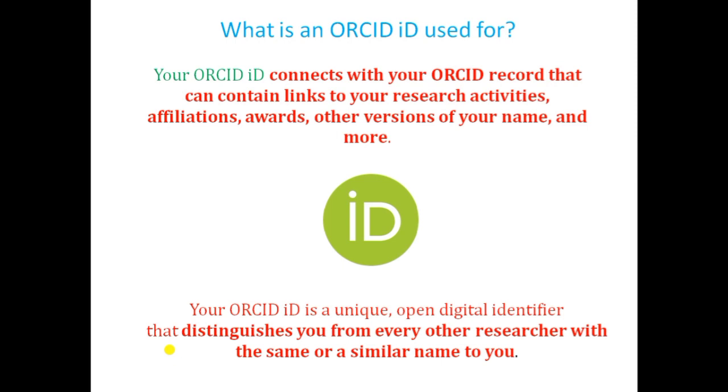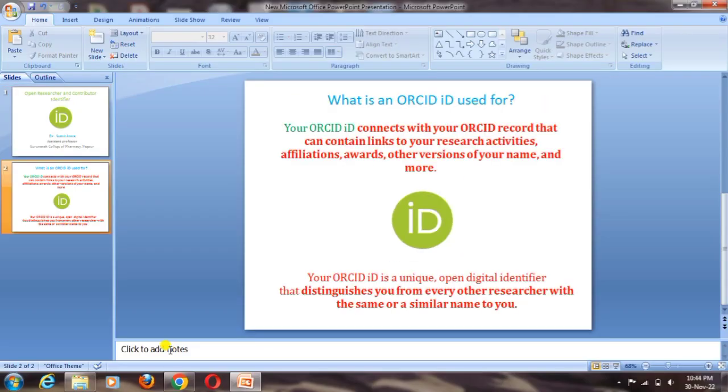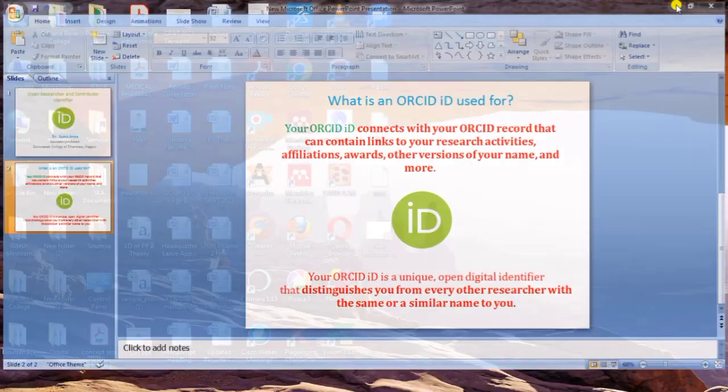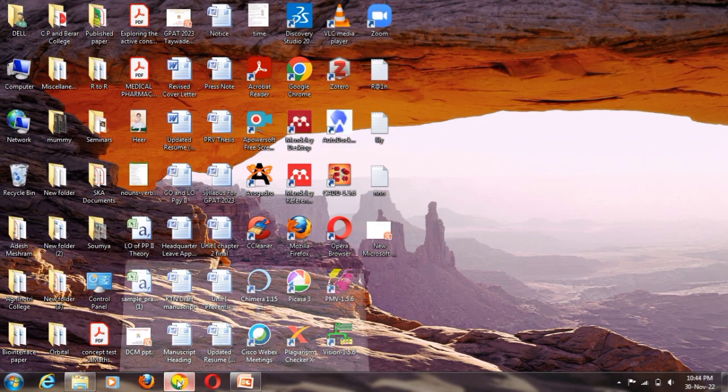Suppose anyone wants to search your name, the ORCID ID will help to identify the correct person because this ORCID ID is assigned to only one researcher. So it definitely helps you to connect with other researchers, innovations and publications which are going on around the world, right? So today we will discuss how to create your ORCID ID. For that we need to go to Google.